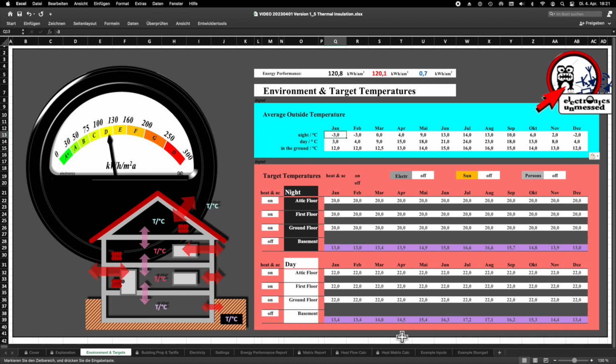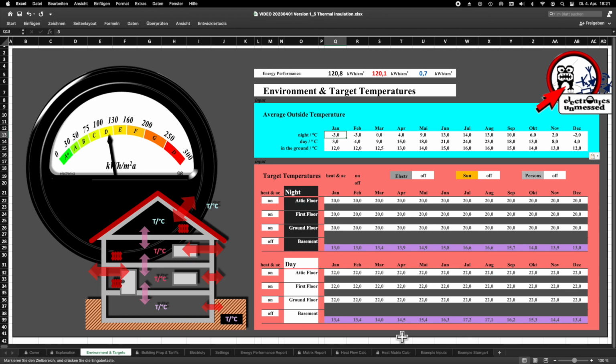Incidentally, the energy efficiency of the example house is not particularly good, with energy consumption of more than 100 kilowatt hours per square meter per year. Actually, you want to have a significantly lower consumption. High energy consumption costs a lot of money. We will see later what can be improved and how we can calculate it all.